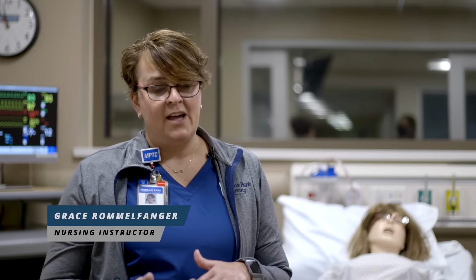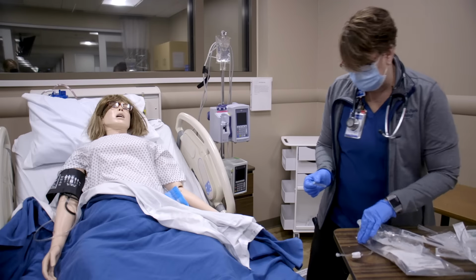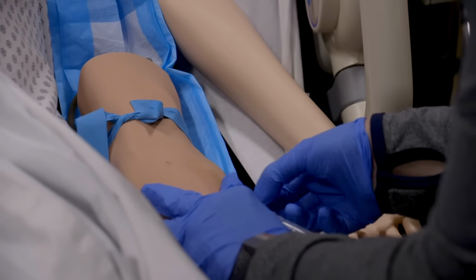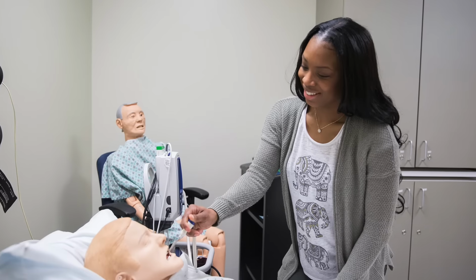The simulation center allows us to have clinical scenarios that align with what students might encounter in the real acute care setting, which is the hospital setting, or in a nursing home setting. We have scenarios created that are leveled, and they have them throughout all 4 semesters. And with those scenarios, we can have students come into our simulation center and simulate a patient experience by using